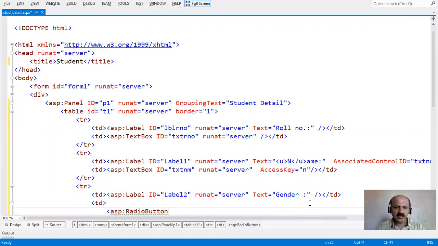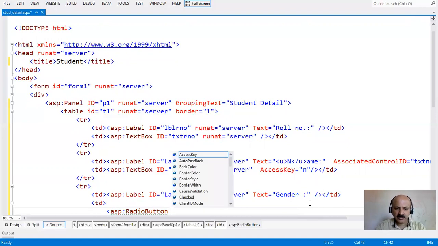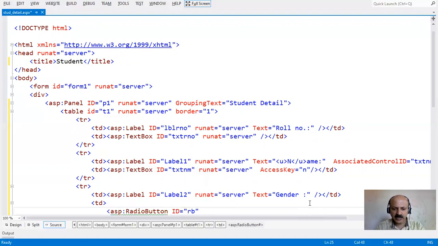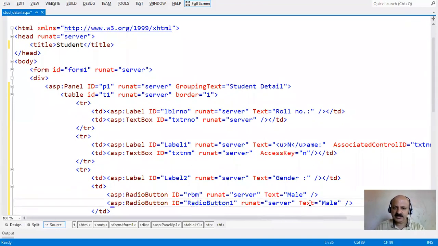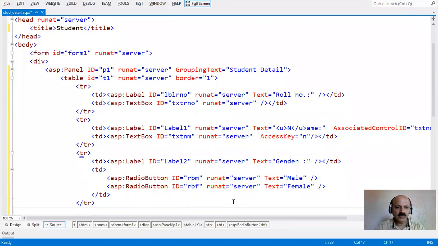In the next video lectures we will also take the RadioButtonList control. Here provide the ID like RBM, runat server, and give the text, male or female. Just copy this radio button and paste. Here apply Female, and also change the ID of the radio button, RBF for female. So the third row is complete.